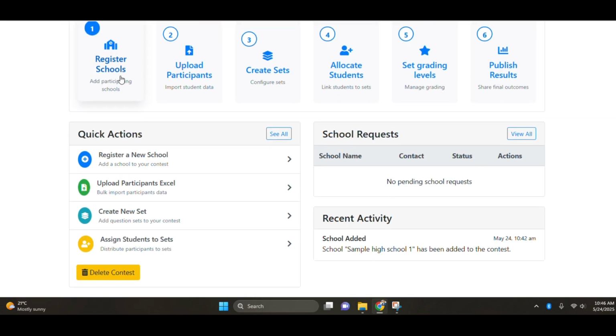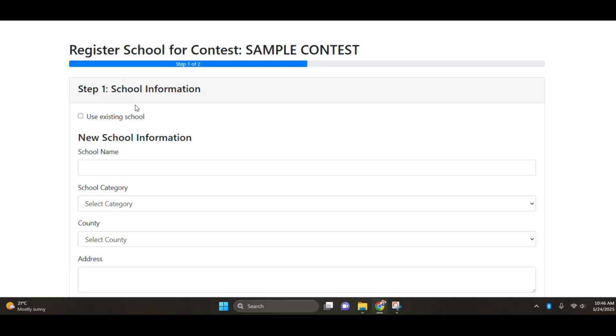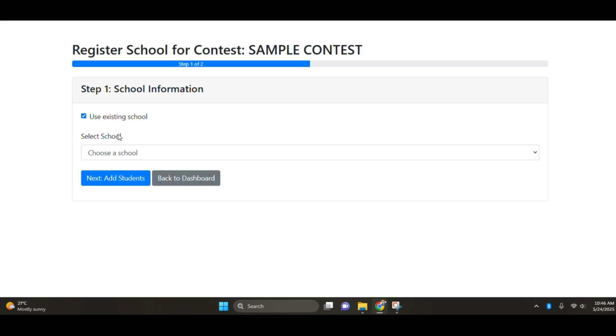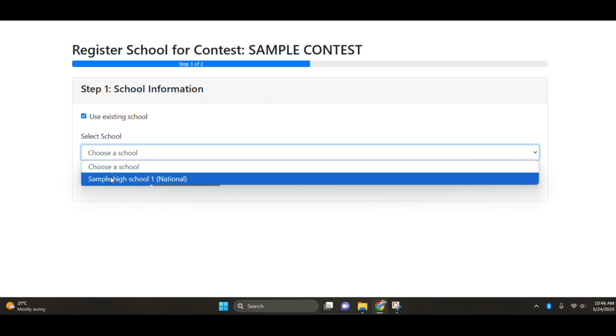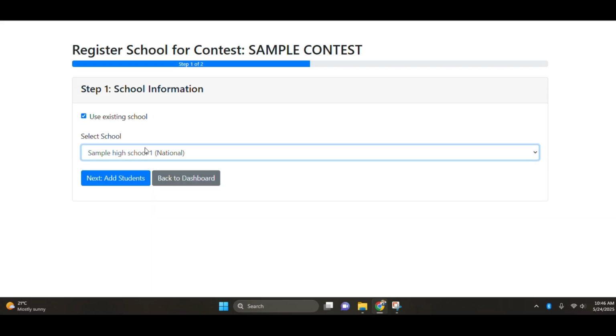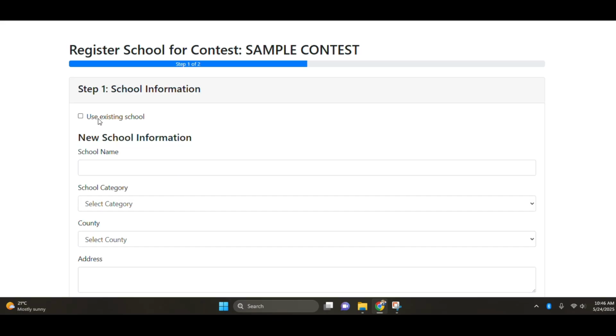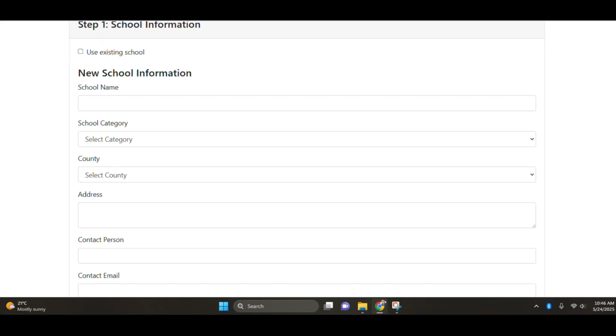Then I can choose either, let's say I didn't have any requests, I can now register a new school manually. If I want, for instance, to use the existing school, you see that school will appear here. Once I select the existing school, I'll go to the next step, which is adding students. But say if I've not added any school and I want to add a new school,